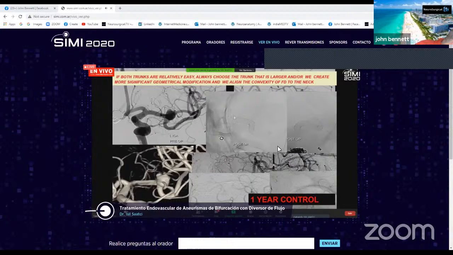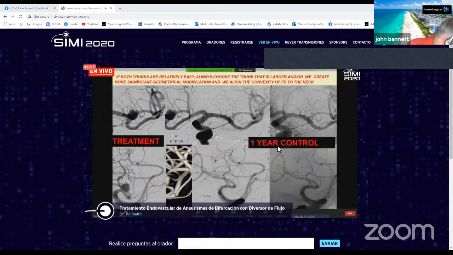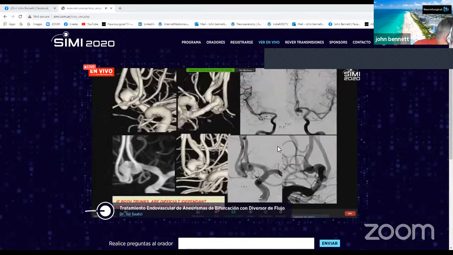You see that the superior trunk is a little bit smaller but patent, and the bifurcation is very nicely reconstructed, which is 1B occlusion according to our new classification. If both trunks are difficult or dependent,